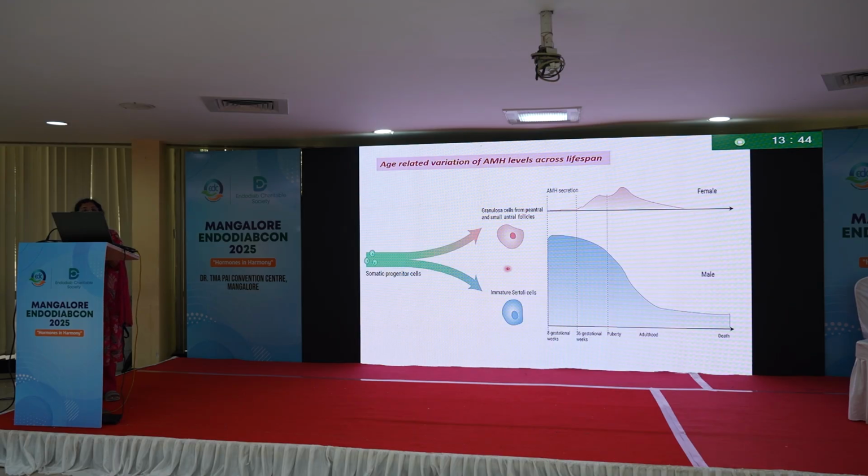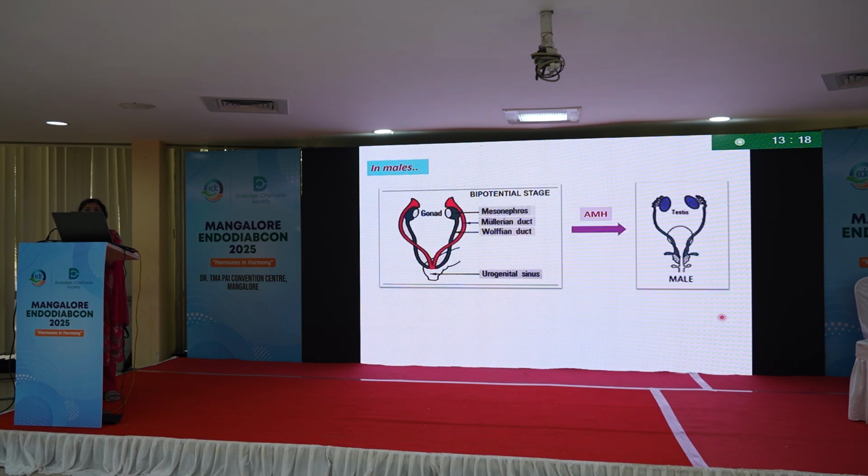In males, it is produced by immature Sertoli cells, and as the name is AMH, its effect has to be there in early pregnancy. So at 8 weeks of gestation, the levels of AMH are highest, and the AMH levels are inversely proportional to testosterone levels in males. So in the lifespan of a male, as the testosterone level increases after puberty, the AMH levels come down. What does it do? The name is anti-Mullerian hormone, so it helps in regression of the Mullerian duct in males.